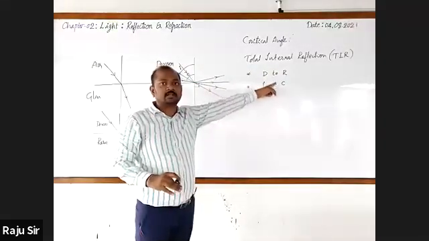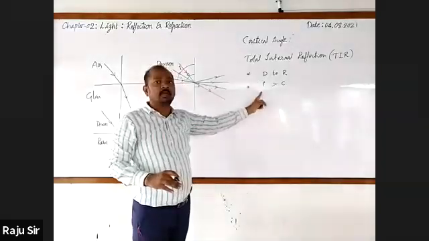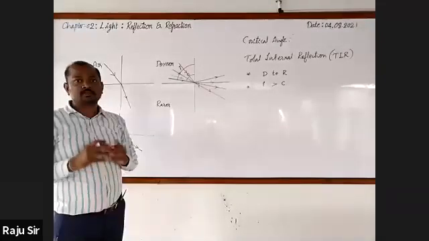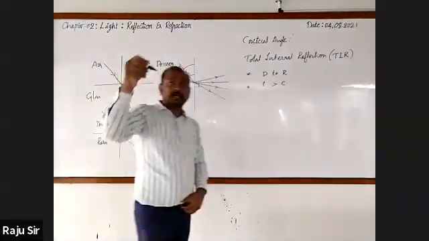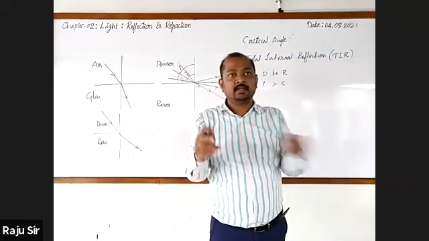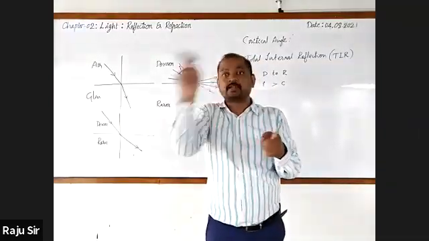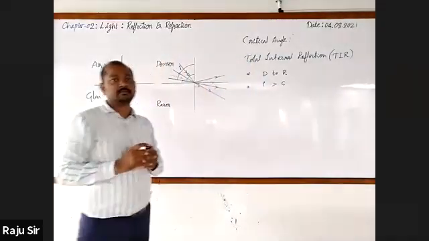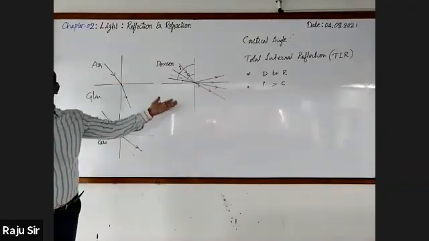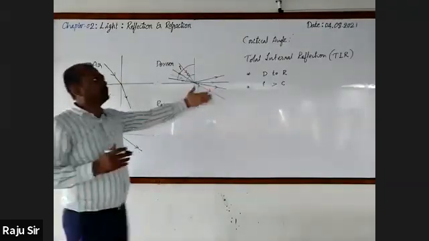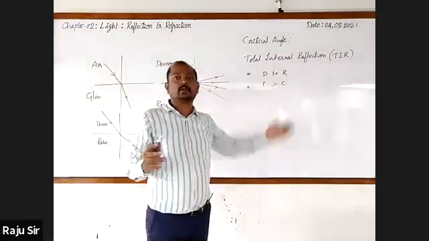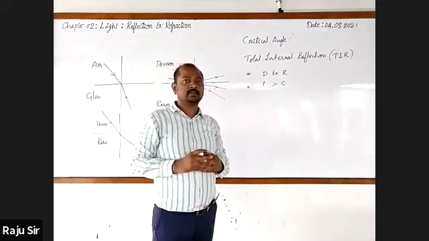So when a light ray travels from denser to rarer, and second, when its angle of incidence is greater than the critical angle. That is why once the light enters the diamond, it doesn't pass through easily. It undergoes total internal reflection many times. This concept was given in the examination as well. The question was: what is total internal reflection and what are the conditions under which it takes place?